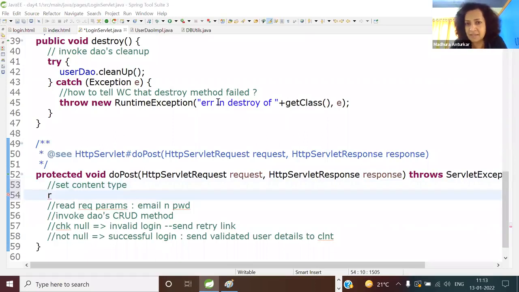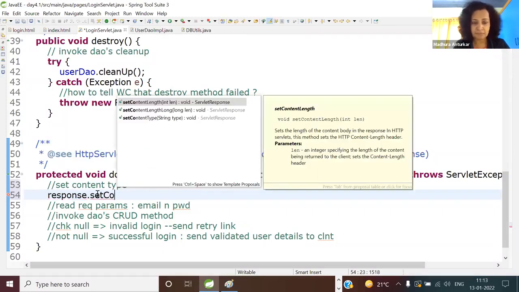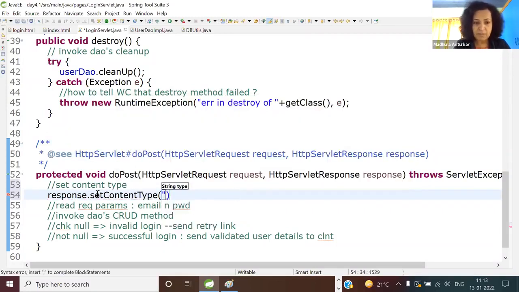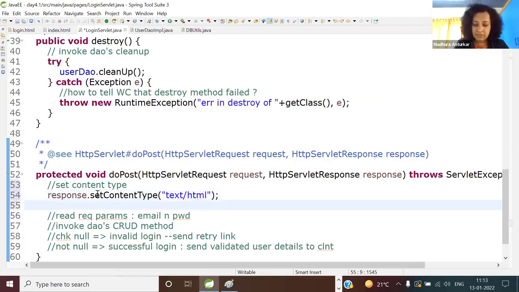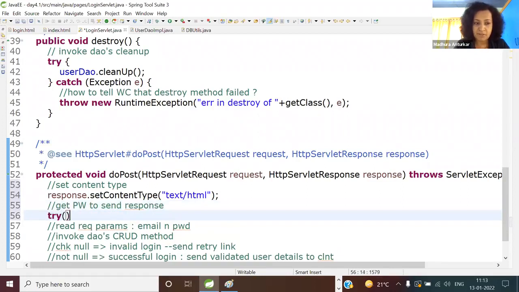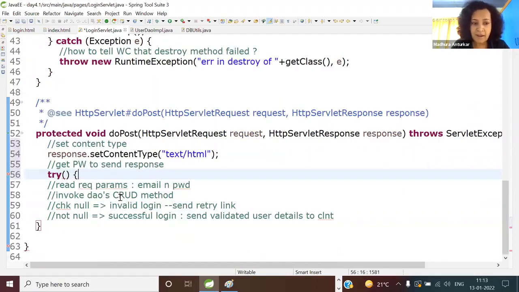Like I said, the majority should start writing along, but if there is a problem, just focus on understanding, as always. So response.setContentType. This part doesn't change. text/html. Next is to get the PrintWriter to send the response body. So try with resources, and here